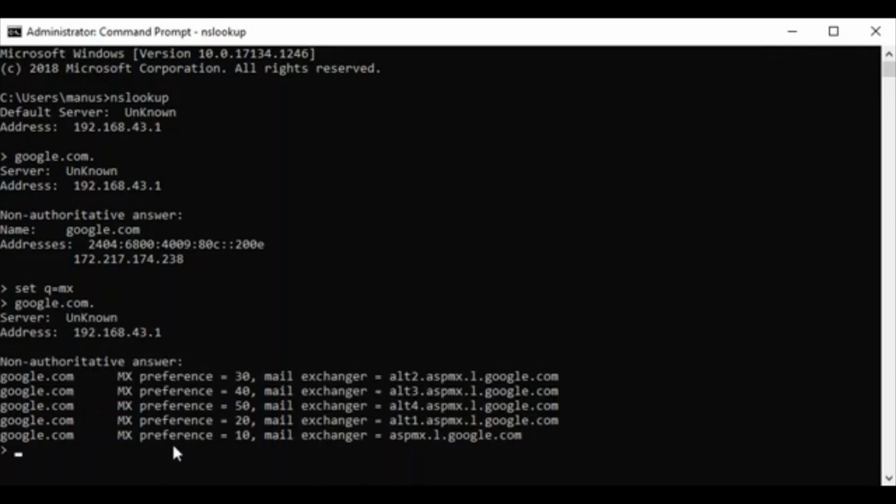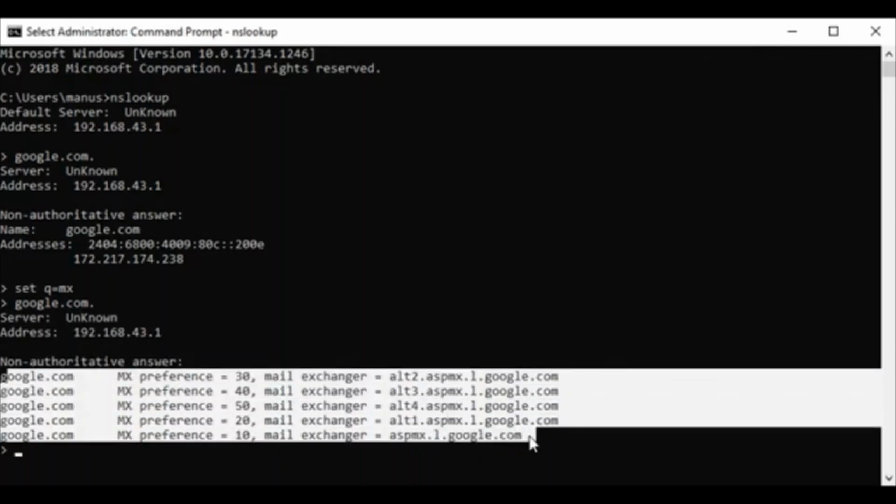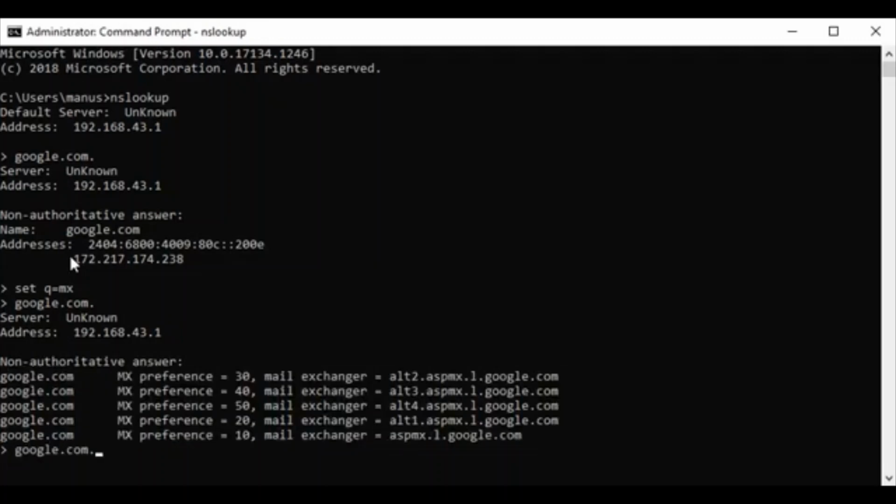So this is how you change the record type using set q equal to MX. Now you could also type in set type equal to MX. Basically that's the same thing.